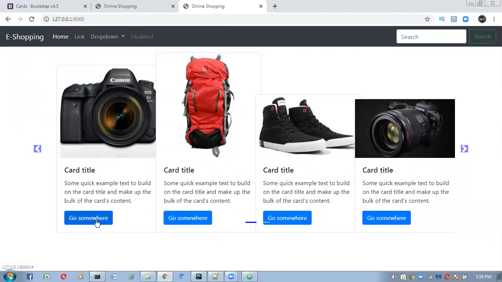Later we'll implement the remaining things, and I will get all images from the database and give card titles and some description. Here I will give details. If you click on the details button, it will navigate to that product's information, where you will get complete information and an add to cart button. If you click on add to cart, that product will be added to your cart.